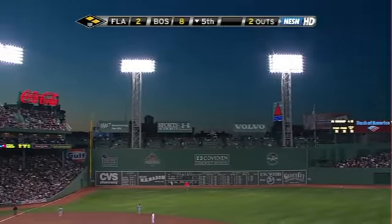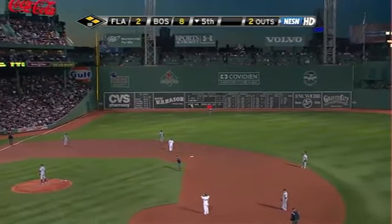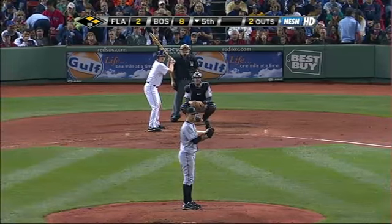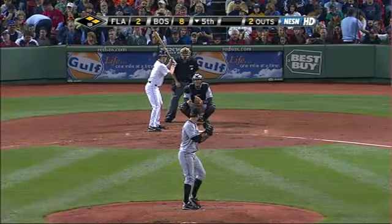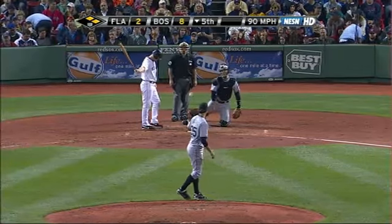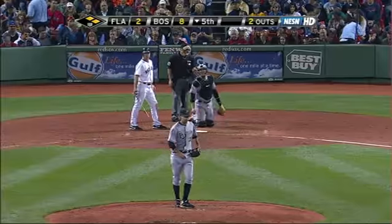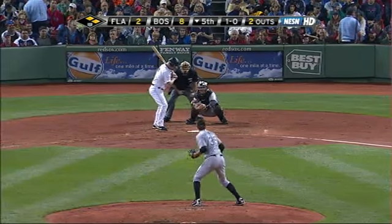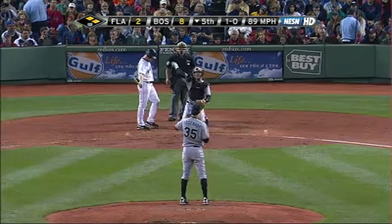And they have made their share of errors, the Marlins. Only the Washington Nationals have a worse fielding percentage than these Florida Marlins. An error for Hanley Ramirez, 2 on, 2 down. It's the 6th error of the season for Ramirez, who made 22 miscues a year ago. It's not so glaring in an 8-2 game, but